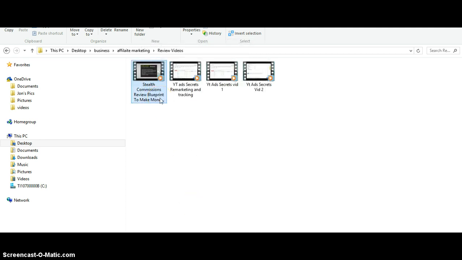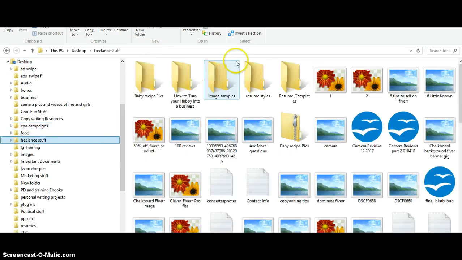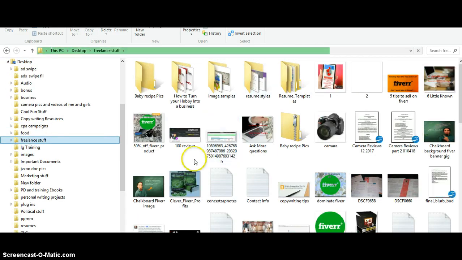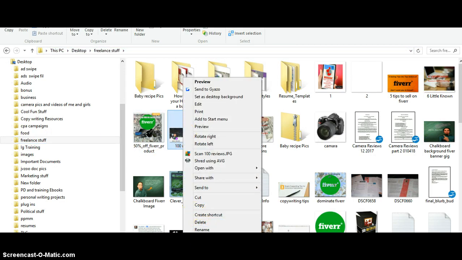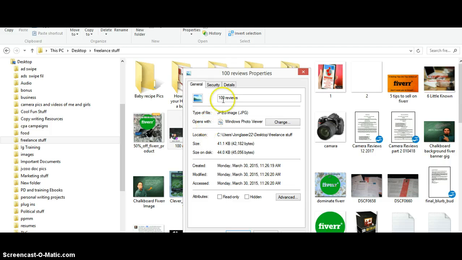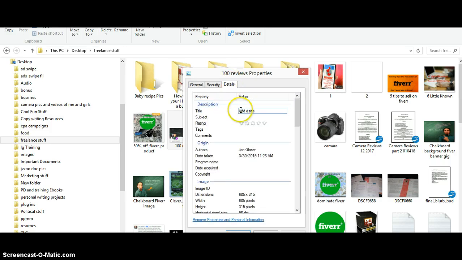Now there's one more step that many people do not know about, and that is the thumbnail. And that will also be covered in the guide. So once you have the thumbnail done, you're going to do the same exact thing to your thumbnails. So we'll just pretend right here this is the thumbnail we created. So you'll go to the file and you'll see that it has the same setup. So you're going to do that exact thing for